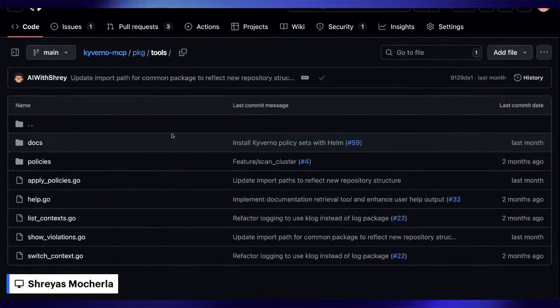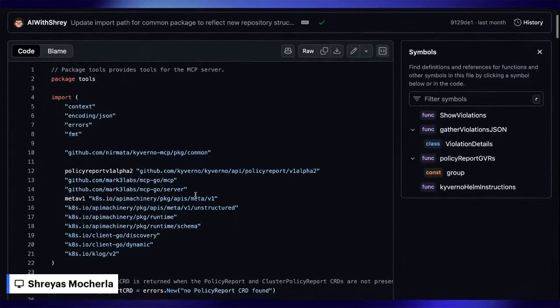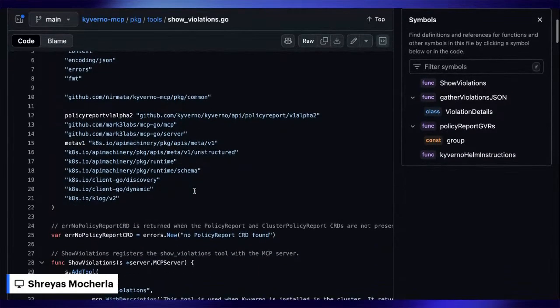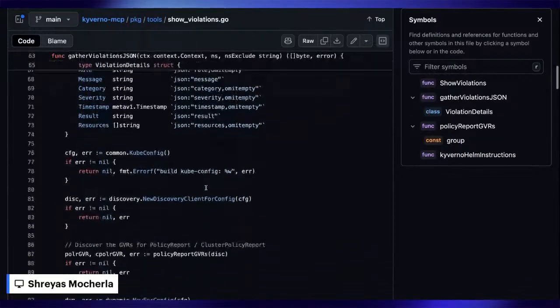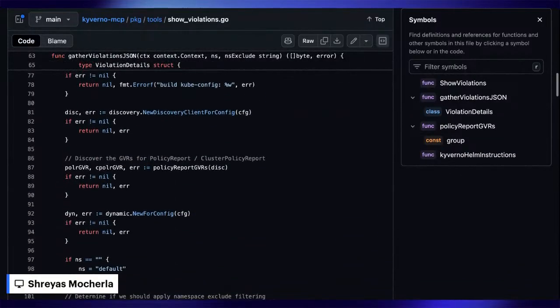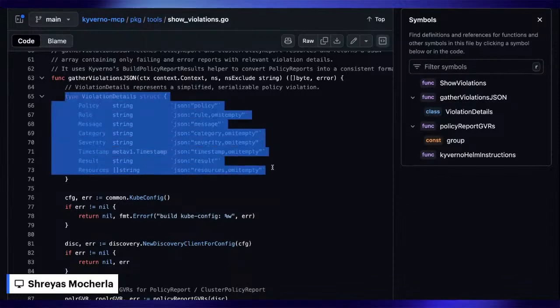Now, if we go back and look at show violations, the show violations tool is a little bit tricky. So during our alpha testing, we realized that the policy reports are huge. They're really big, and sometimes that actually exceeds the context window of the LLM itself, and that causes an error. So the LLM basically says, "Oh, that's too long. I'm not going to read it." And then the AI assistant completely fumbles and says, "Oh, it doesn't return anything. I'm sorry." So we actually had to write extra code to retrieve not just the policy report, but also put it in a neat little format that we can then provide within the context window limit.